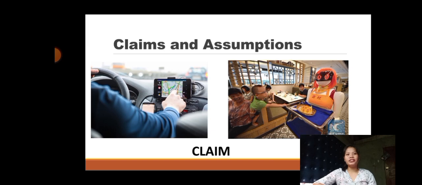On the other hand, this is an example of a claim. A claim is a statement asserting something to be true, even if it's still open to question. For instance, an assertion that a multimodal style of interaction for controlling GPS is safe is a claim. It also discusses the idea of robot waiters, highlighting potential benefits like taking orders, entertaining customers, and making recommendations. However, these are assumptions. And the real problem being addressed is the challenge of recruiting good wait staff who provide